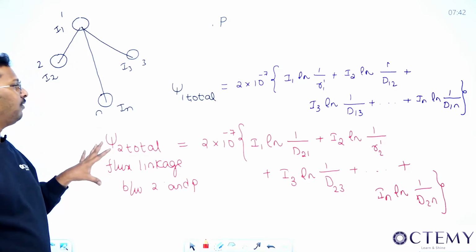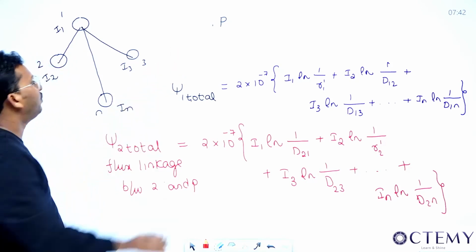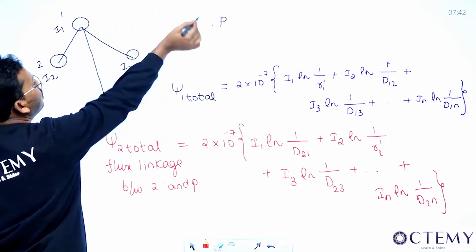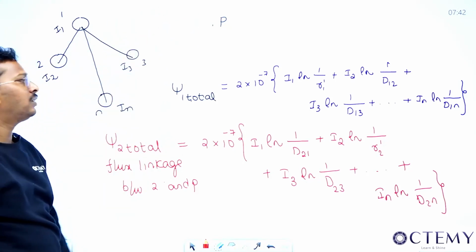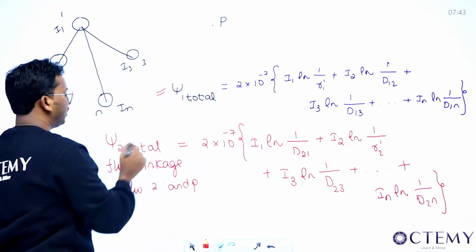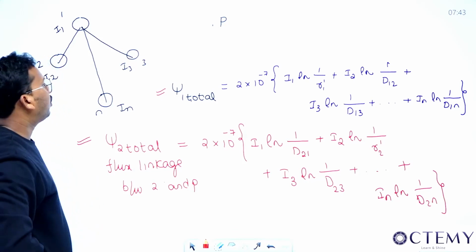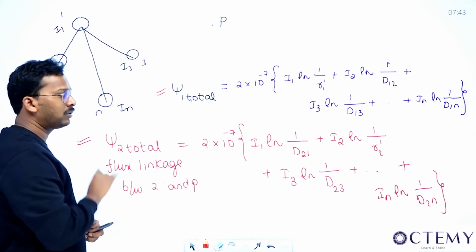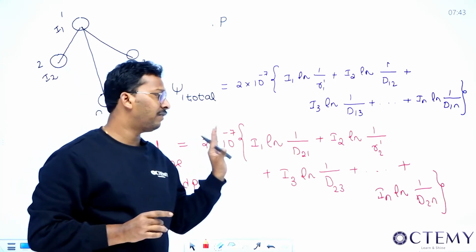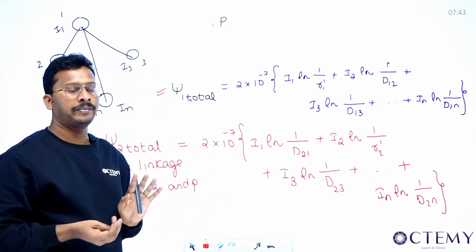This is the total flux linkage between any conductor and an external point P. Because we know that if you go outside beyond this point, it will be 0. But instead of taking it as 0, I've considered it like this, and I got this particular formula, sir. So make sure you remember this formula. It's a very important formula, because to do the next derivation, this is quite important. You can remember this as a formula or a theorem, so that we'll keep using it repeatedly, right?